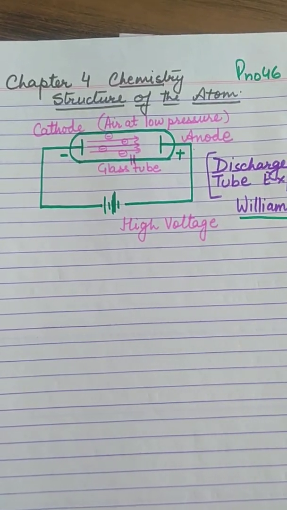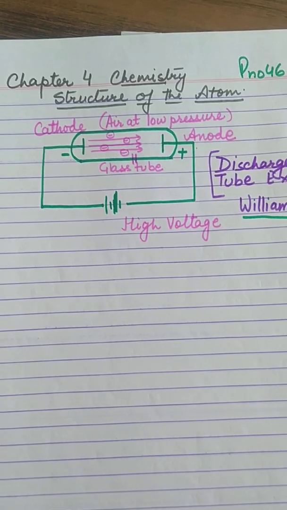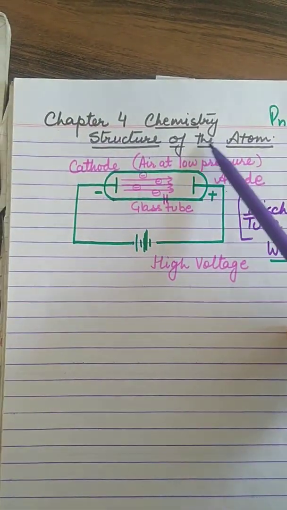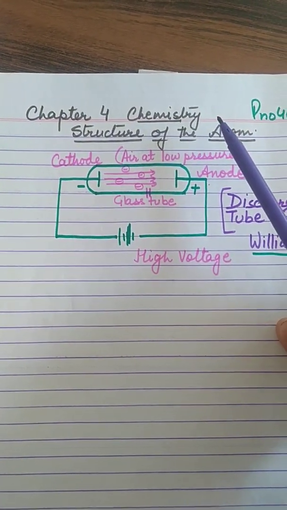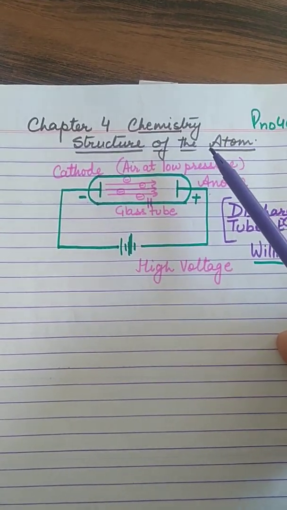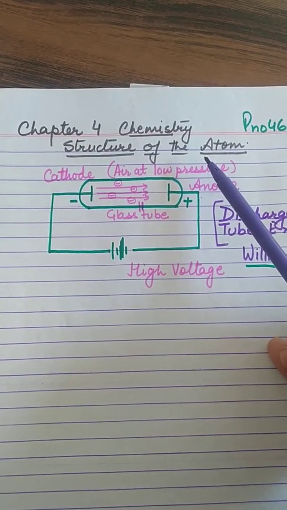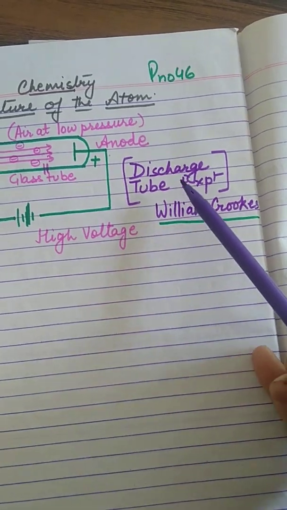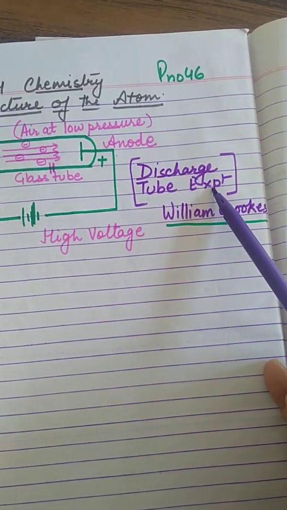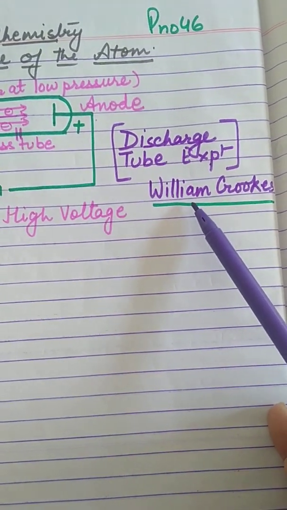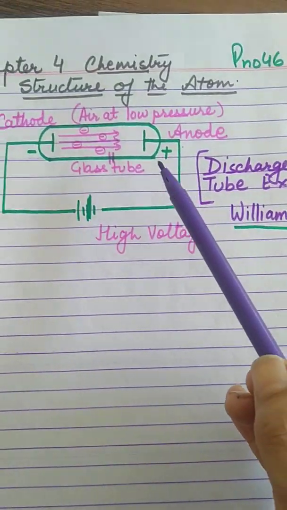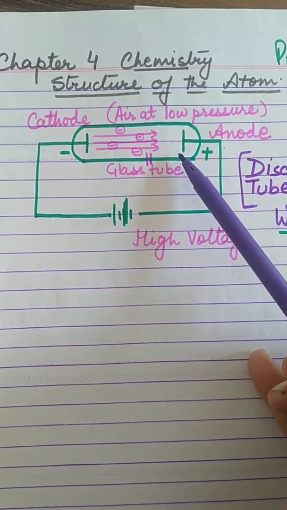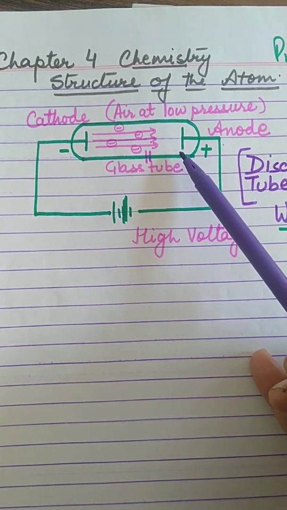In this chapter, we will study the various models given by scientists in order to study the structure of the atom, the composition. Many scientists contributed in revealing the presence of charged particles in an atom. The well-known experiment known as discharge tube experiment was conducted by William Crookes. In this experiment, he took a transparent glass tube, so that the changes can be seen easily,